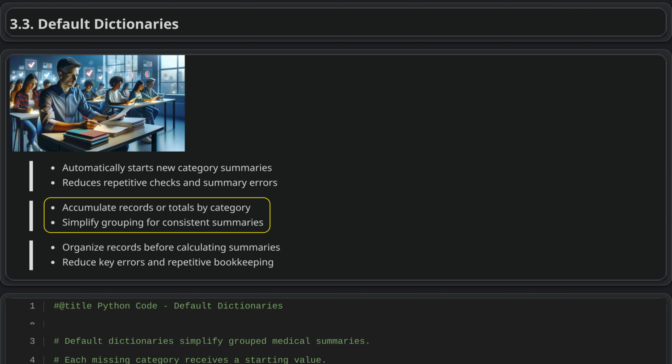Default dictionaries make it easier to group and summarize data because each category starts with a useful default value. They can automatically collect patient records by ward, add medication dose totals by drug, or track highest and lowest values within categories. This helps keep related values organized and makes summaries such as waiting times or bed days more consistent